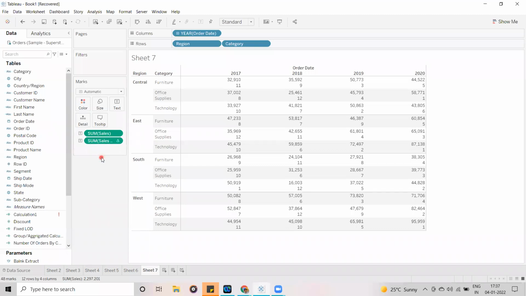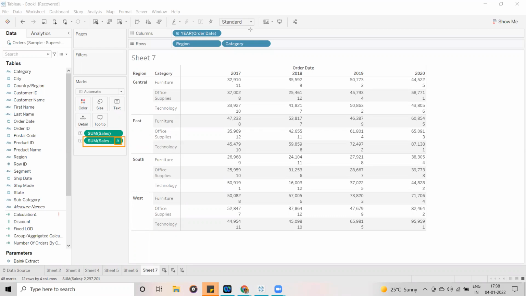You can observe this field and the above field have a triangle symbol. Whenever you see a triangle symbol, it means table calculations are applied on this field. You have to remember this.